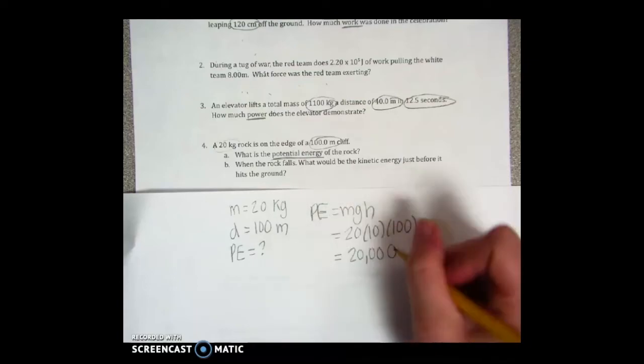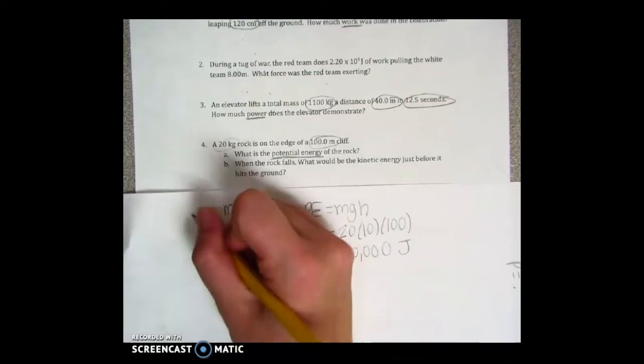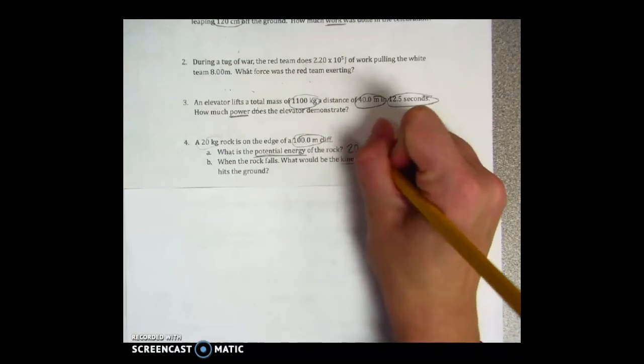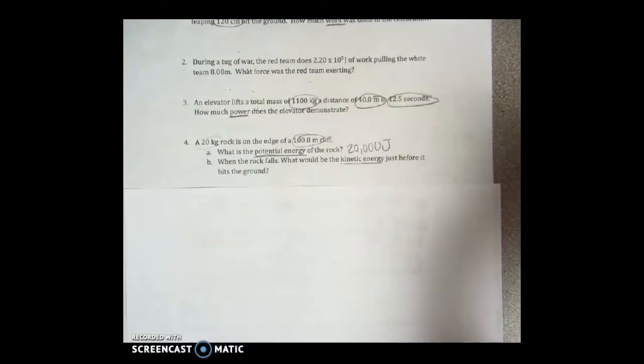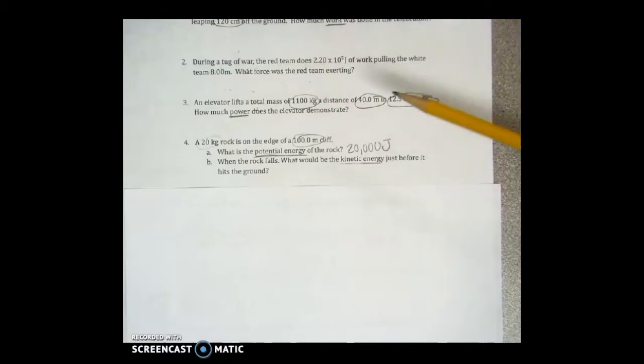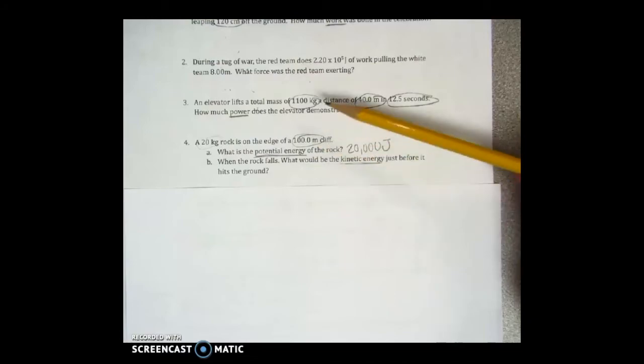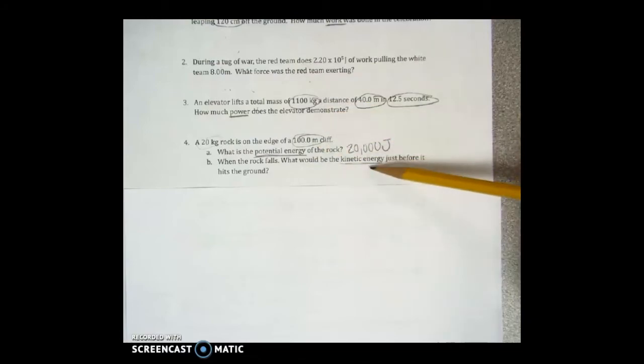And since it's just a type of energy, it's measured in joules. On part 4, I know we just solved that. We said that this was going to be 20,000 joules. But let's think about the relationship between potential and kinetic energy. We know potential energy is at its maximum at an object's highest point, and kinetic energy is maximum at its